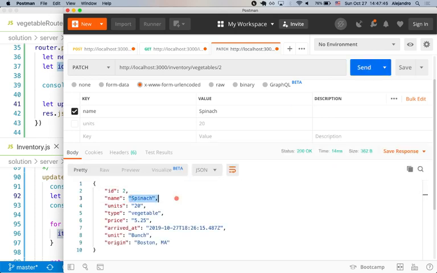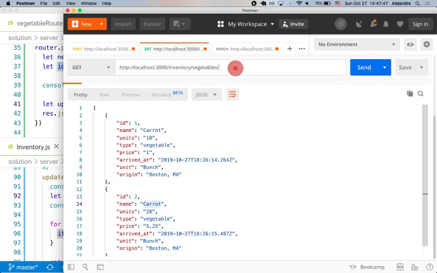Nice, it changed the name here. Now let's get all the veggies again, and now we have spinach instead of carrots. And the way that is working is the same way, just the new details now has one property, name. It's going to only loop once,